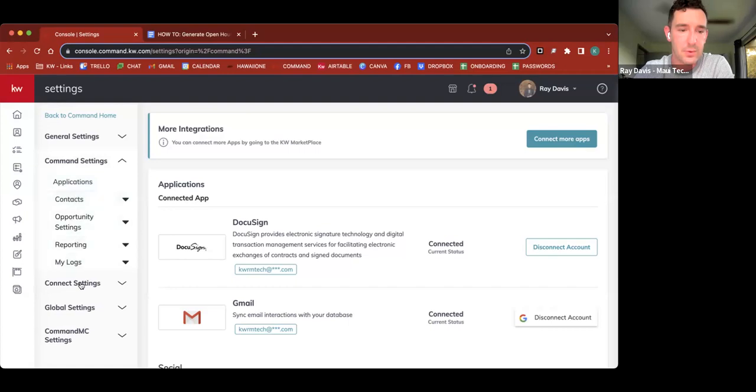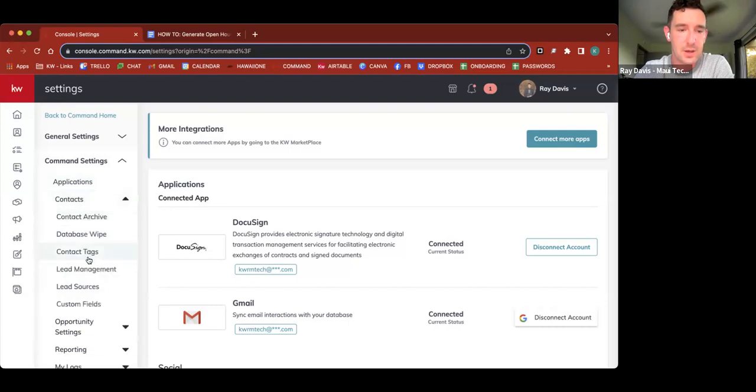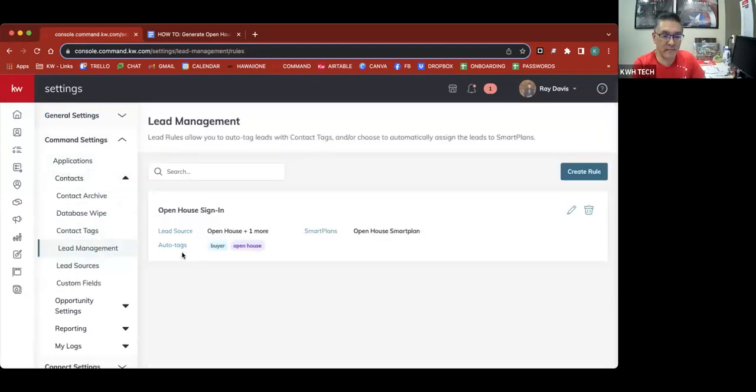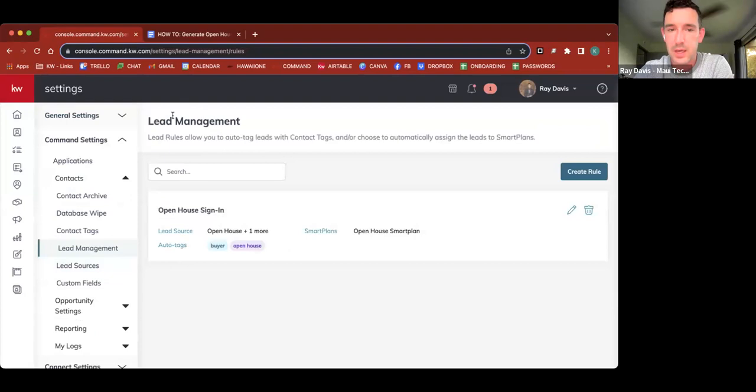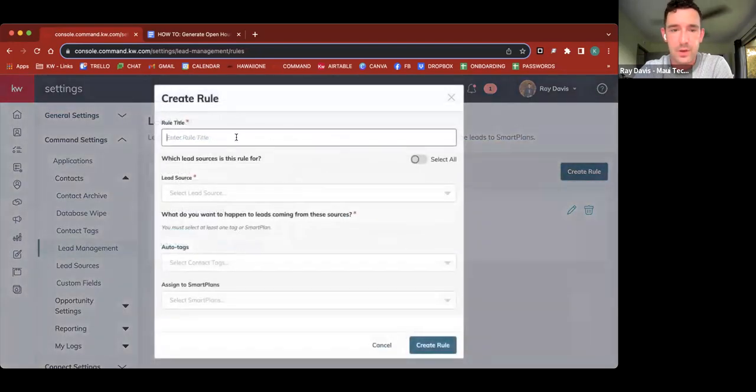Lead? Yes, contacts. And then lead management. This is where we can create lead management rules that allow you to auto tag and contact tag and then automatically assign smart plans. So what I did was I clicked this create rule, entered the rule as open house